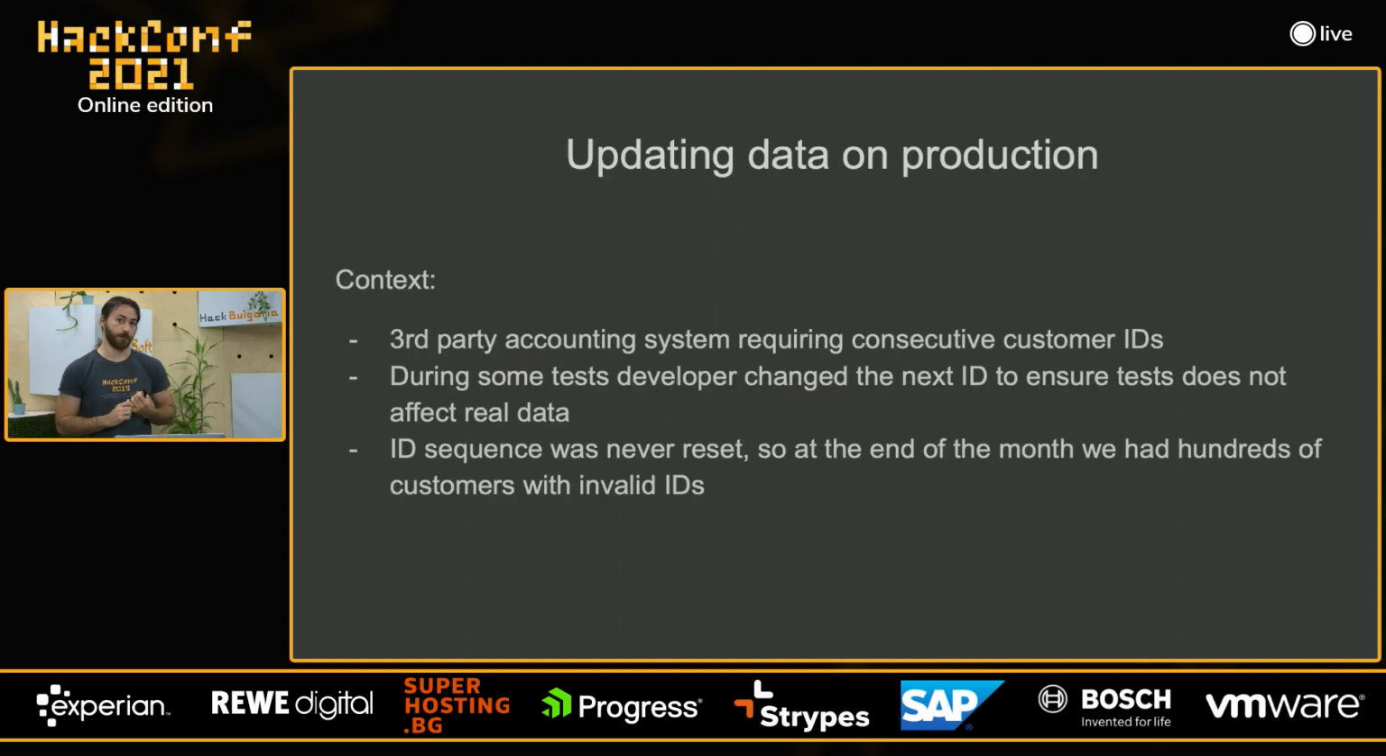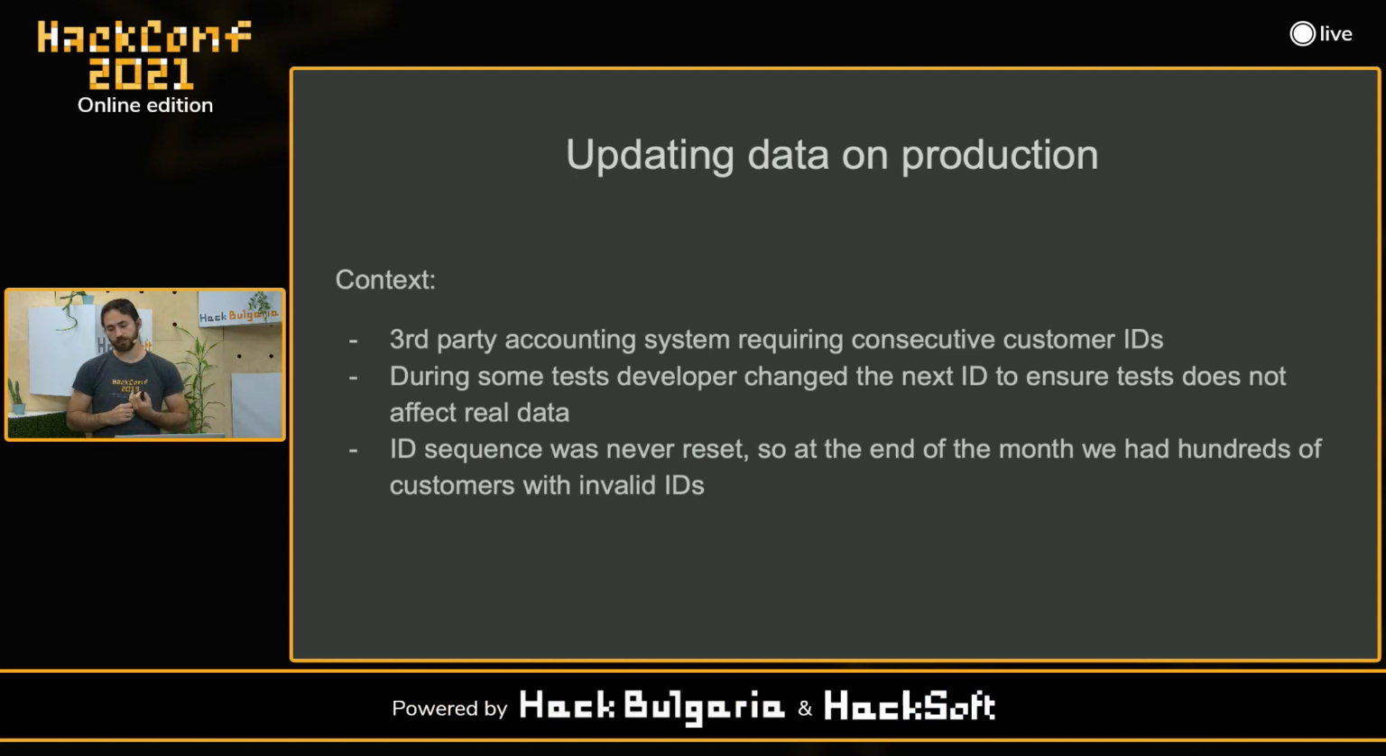Let's see another one. Updating data on production, that's a bit more recent one. So we had a system handling some users' data, and we also used a third-party accounting system that required consecutive customer IDs. At some point in time, another developer decided that they needed to test something with the accounting system,